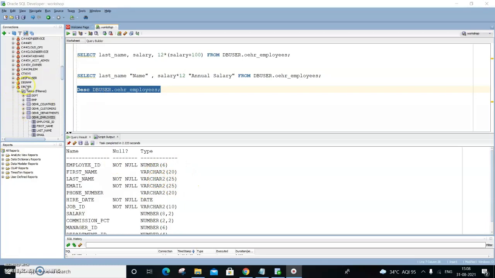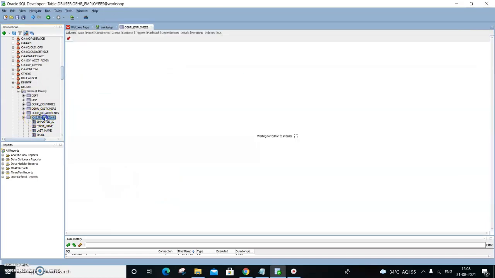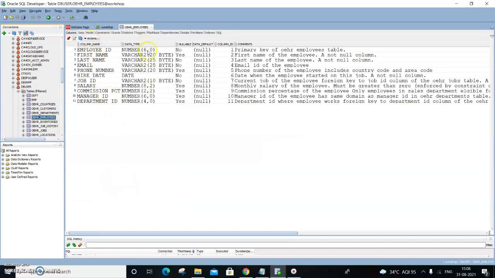The other way of looking at the tables, be it in SQL Developer or with some other tools like Toad, is to get into the database, get into the schema, and get into the particular employee table and click on it. You'll get the column name, the data type, and here it mentions primary key, first name of the employee, not null. It gives all the details, including the comments. Of course, these are comments which the developer could have put in while creating the table, to explain what it means, because at a later point of time someone can reference it to find out the real meaning of that particular column. Then he can refer to the